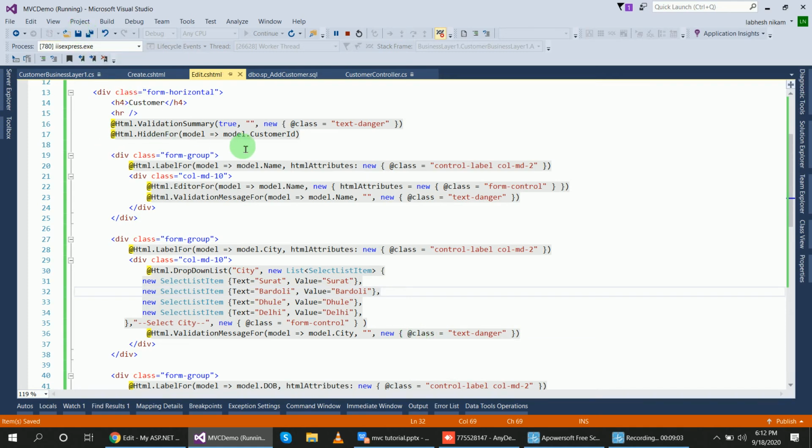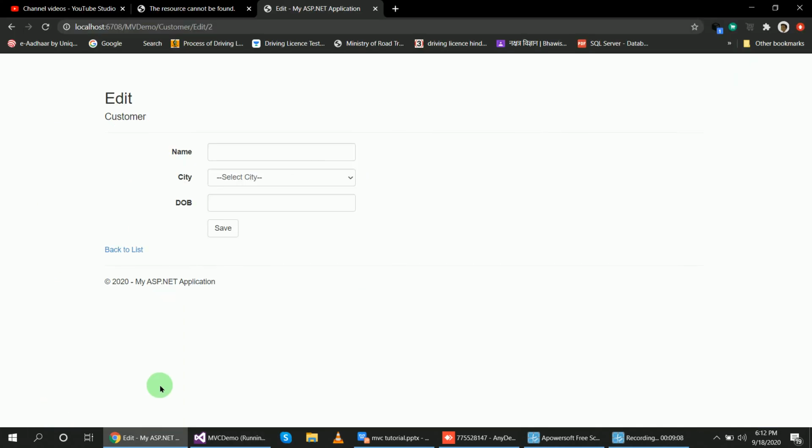Now check whether the drop down list is created or not. Guys, you can see here the drop down is created now, and all the city list is present here.